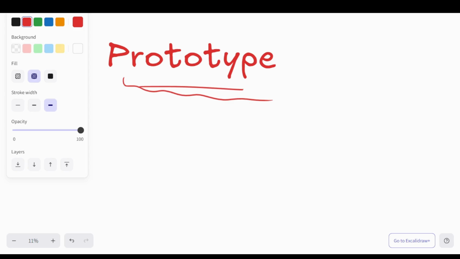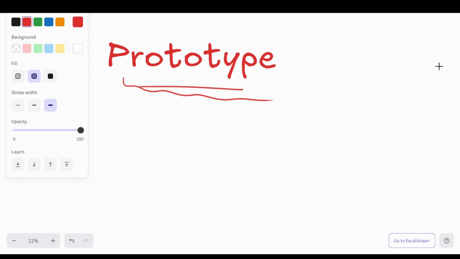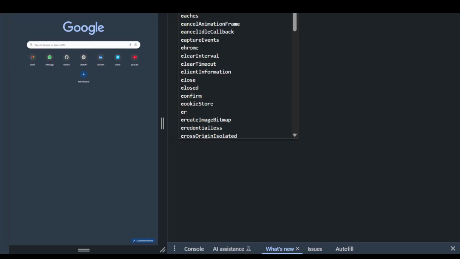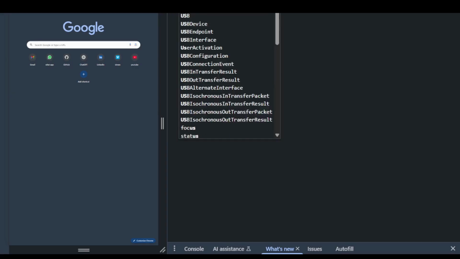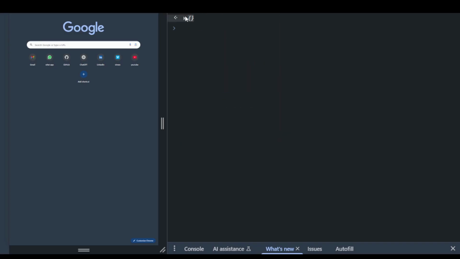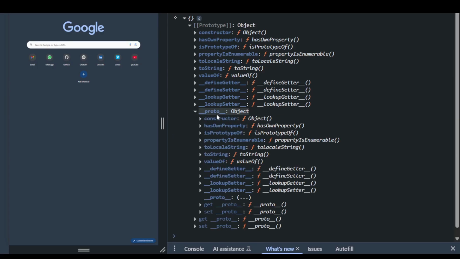Every object in JavaScript has a hidden property called proto. I just want to show you an example here. Suppose we have const user equal to this, and in a new line I type user and press enter. This is the empty object and it has this proto. It has lots of functions inside it, and there is one more proto which has some other prototypes, and then there is a proto again. One object has a proto which is an object,